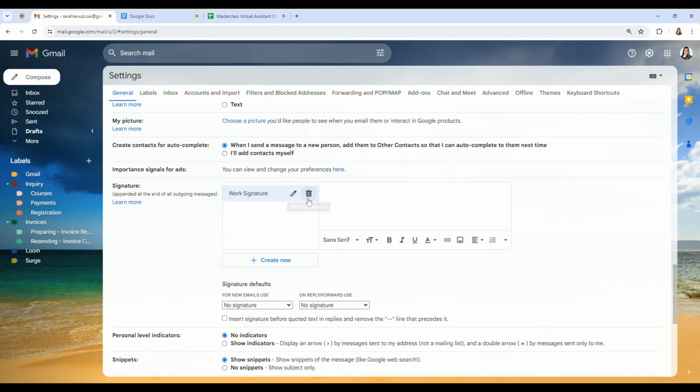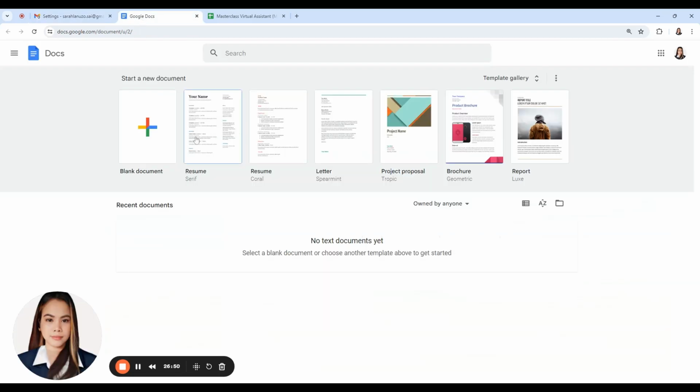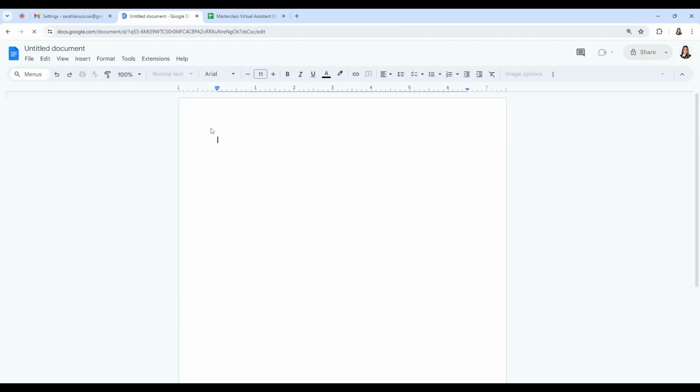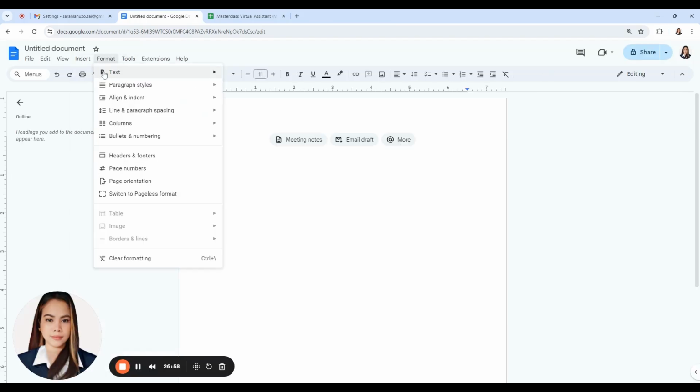And then you can use Canva or other apps to create your email signature. And here I prefer Google Docs.